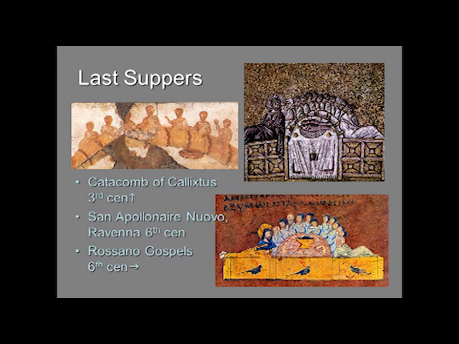Similar in some ways. You have your semicircular table. You have Christ and the apostles reclining. The decorations are a little bit different, hanging down from the couches and the table. And instead of the fish, we see a large vessel, a large chalice in the center of the table. And in this case, we can identify Judas. He's not the figure on the end, but we can identify Judas because he is the one,